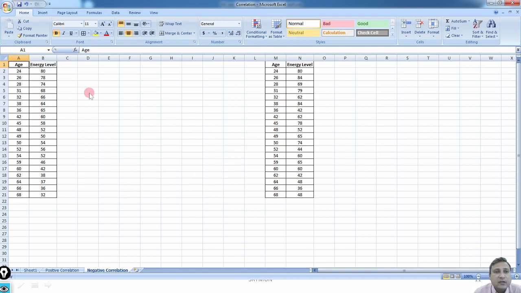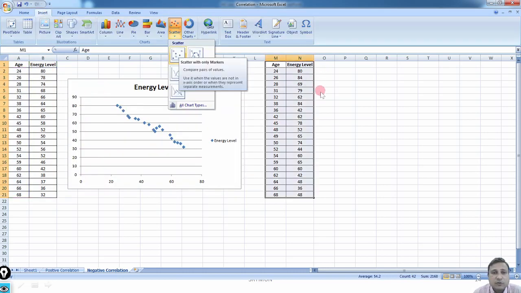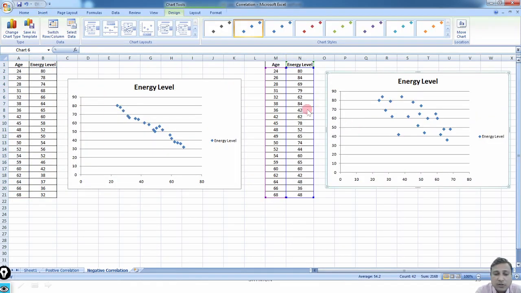So if I now draw the scatter plot for this and for the second data set too, and carefully look into these two scatter plots, in both cases here on the left hand side is the energy level and on the X axis is the age.